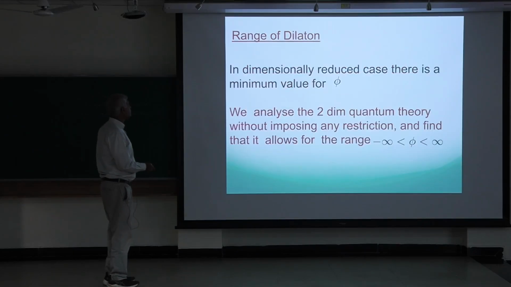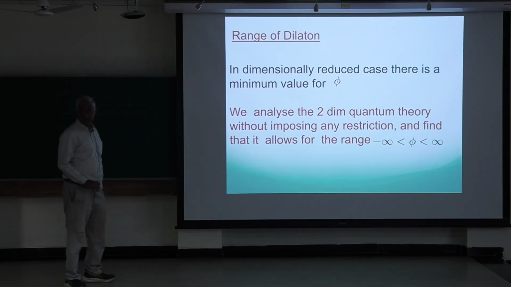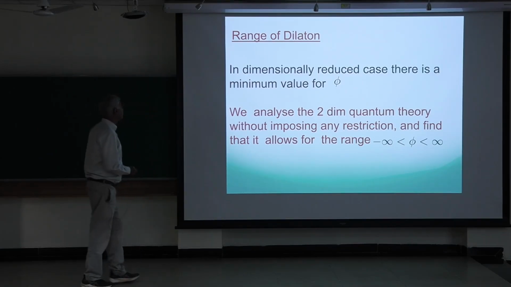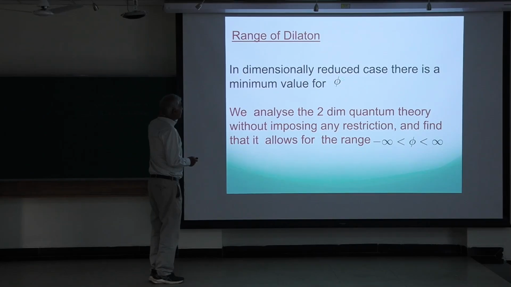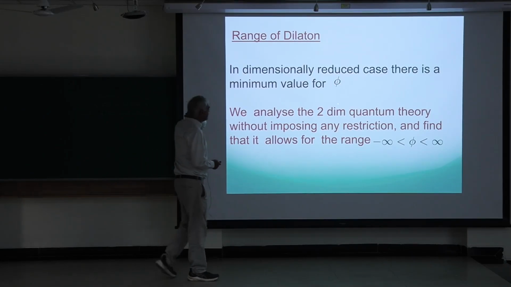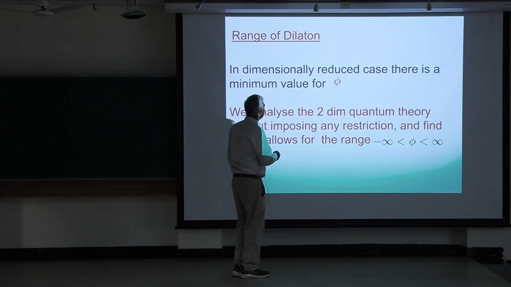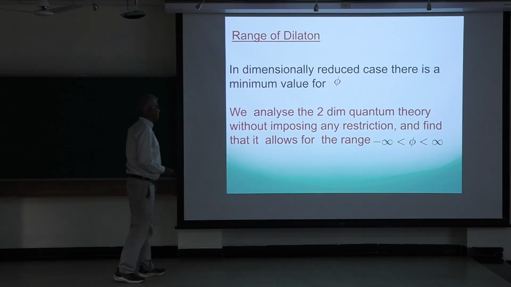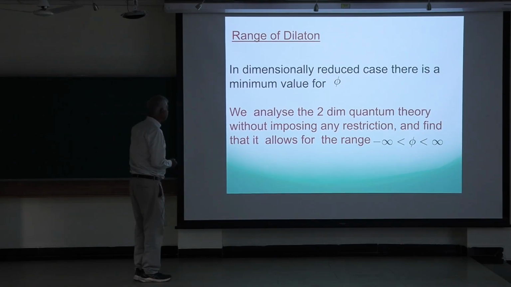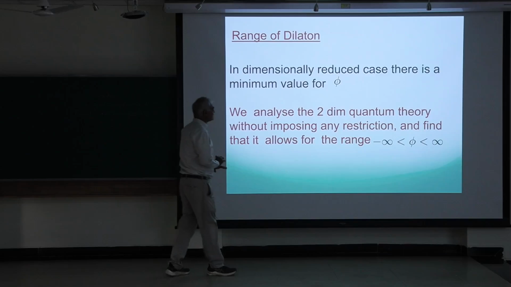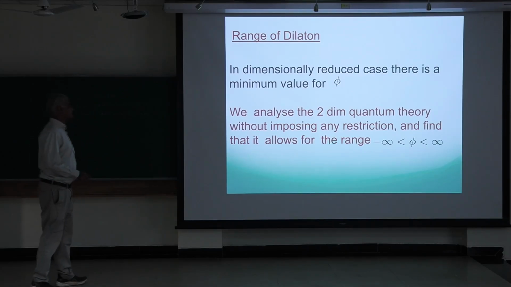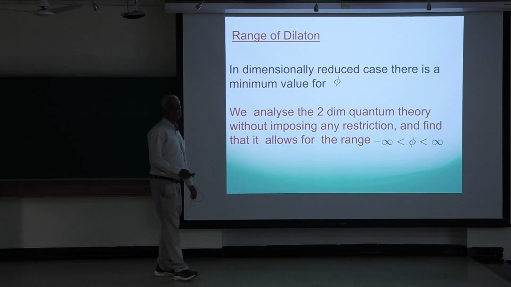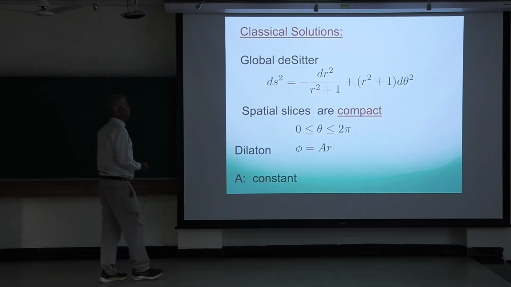Okay, you could choose other clocks, but when we implement the canonical quantization, we will do that here. In the dimensionally reduced picture, if it's the radius, then there's a minimum value. The radius can't get negative. It's not quite phi equal to 0 because the internal radius is shifted from the value phi takes by some constant. But anyway, it takes a minimum value, but for now we'll just go ahead, we'll try to quantize the system, and then we'll see what restrictions it imposes on the value of phi. Okay, and just more from a 2D setting, see where we go.